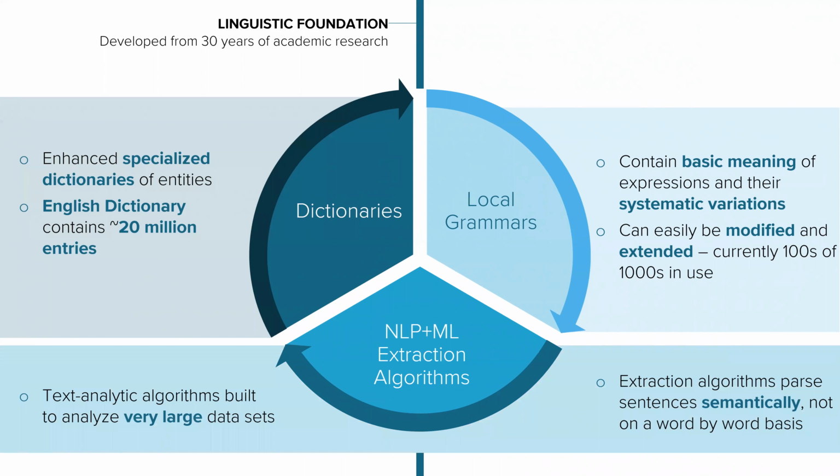Now finally, extraction algorithms. This is the final phase that really extrapolates the former 2 phases even further. The machine learning algorithms are based on a finite state technology that really helps achieve a very high efficiency processing. So even though there's a lot going on under the hood, all this happens extremely fast. As an example, the extraction algorithms can parse all of the 5.7 million Wikipedia articles in English in just a few minutes.